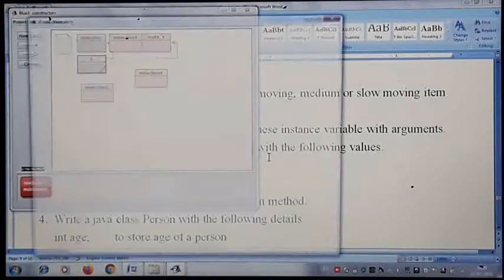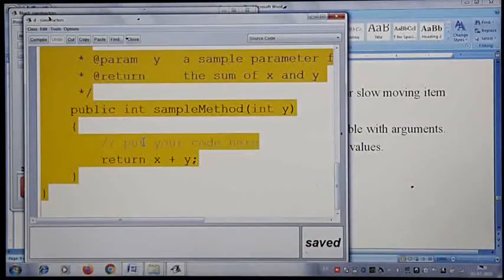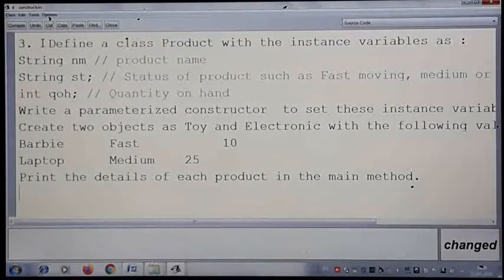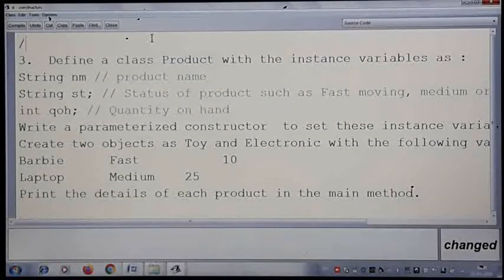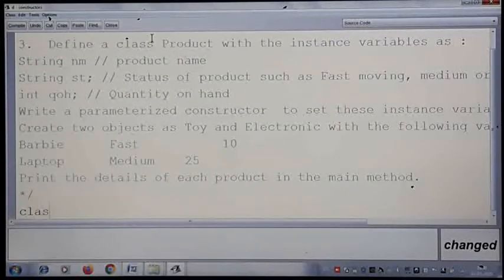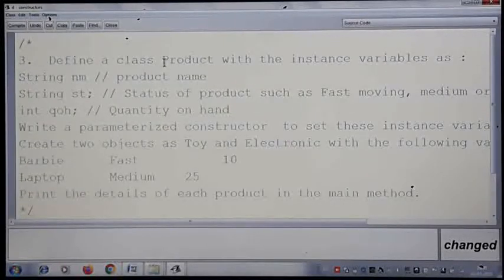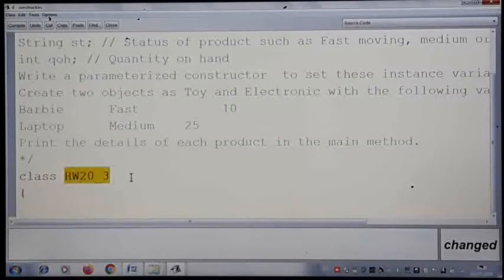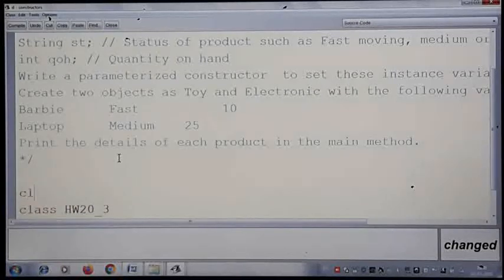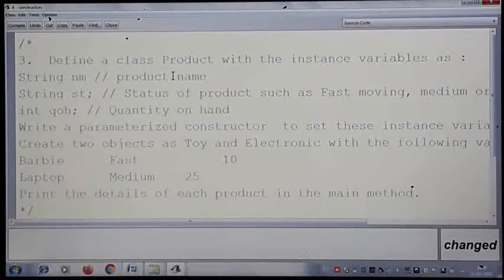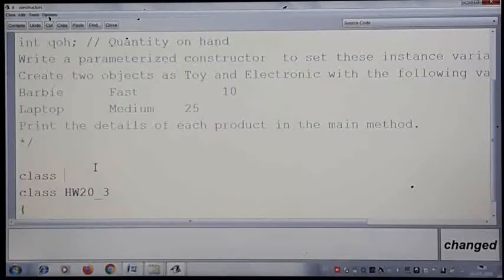The question is practice 20 question. This is homework, 23rd question. Okay, but the class name is Product, they have written. Okay, main class I'll write like this. When I write the main class, that time I'll be writing. Now class Product, the class name is supposed to be Product.